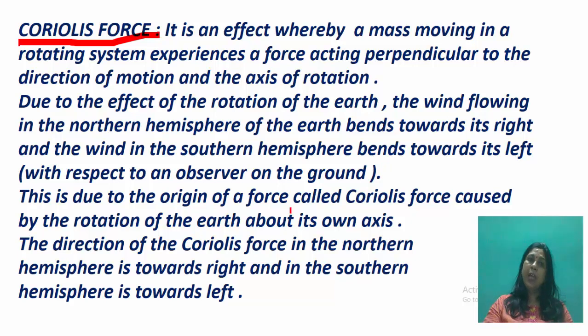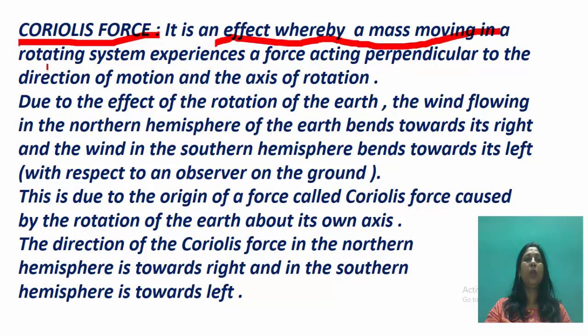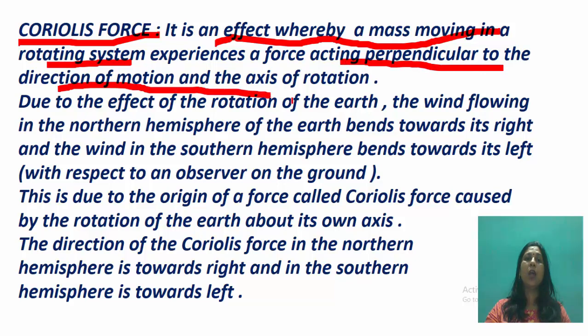This Coriolis force is actually an effect whereby a mass moving in a rotating system. We know that the earth is rotating. The mass means this earth is the mass. It is moving in a rotating system and it experiences a force. And the direction of the force is perpendicular to the direction of motion and the axis of rotation. Means the force which is acting is perpendicular to the direction of motion as well as the axis of